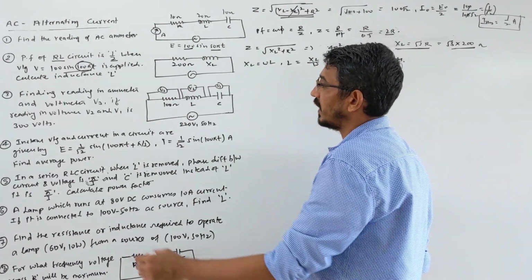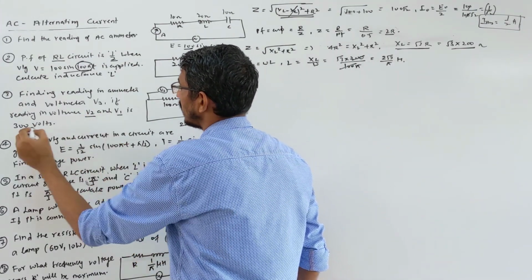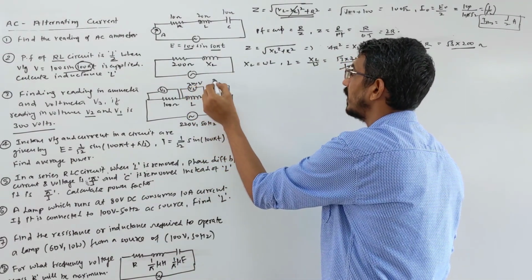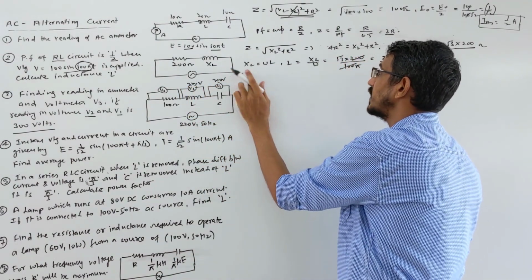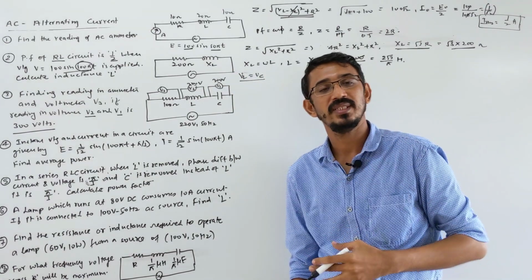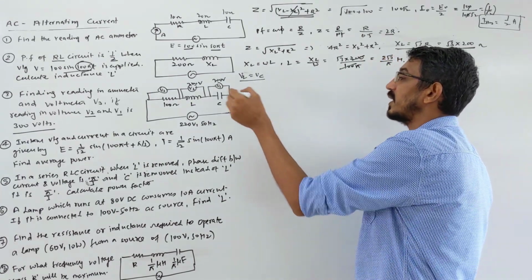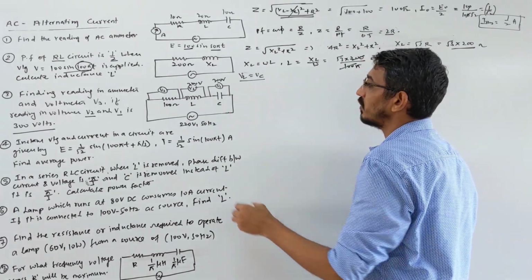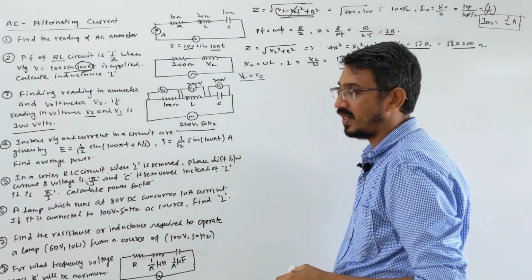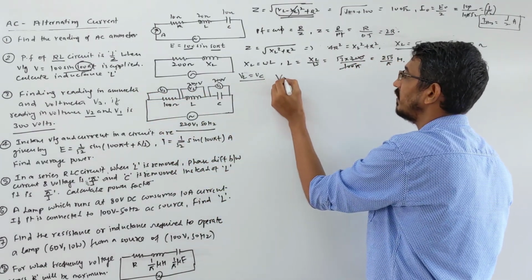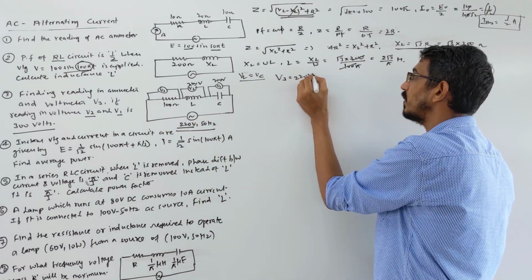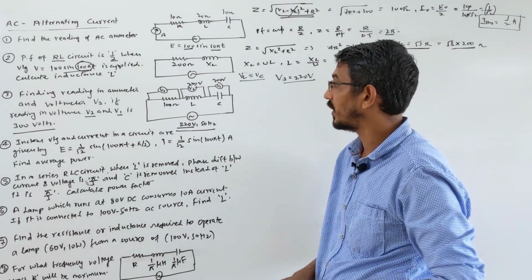So look here, what is reading given actually? V2 and V1 reading is given 300 volt. Here reading 300 volt, here reading 300 volt, means what is happening? This is happening that VL is equal to VC. Voltage across L and C is equal, means this is a resonance condition. Resonance condition means whatever voltage you supply from here, all voltage appears across your resistance. So what is the reading in V3? How much are we supplying? 220 volt. So what is the answer? 220 volt is the reading. Give attention, very important.